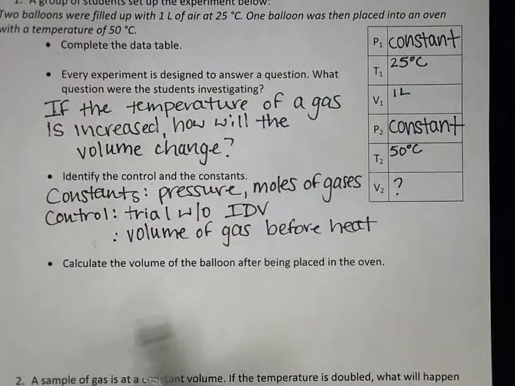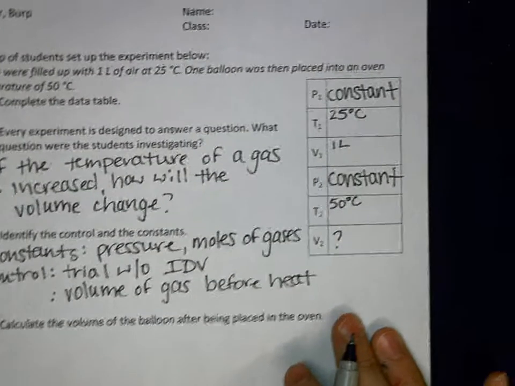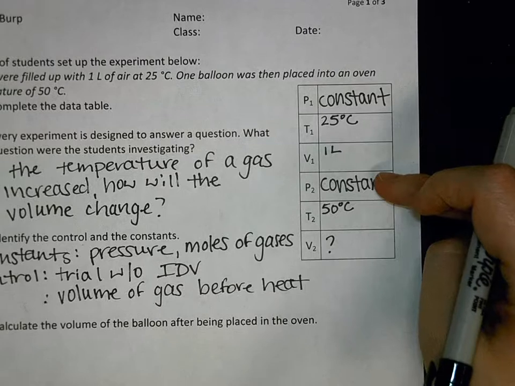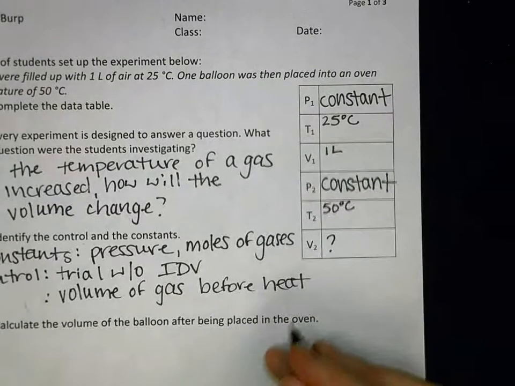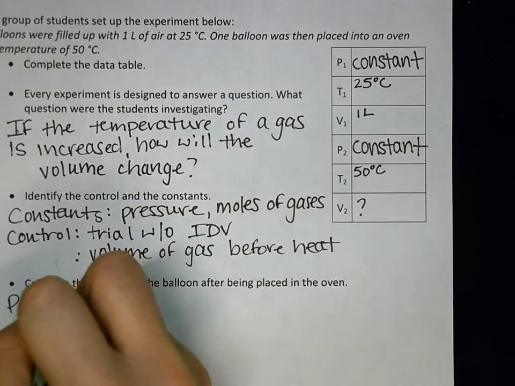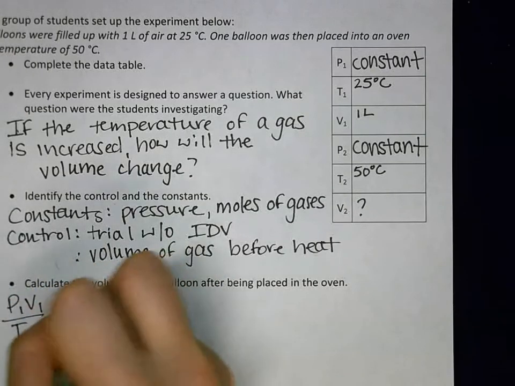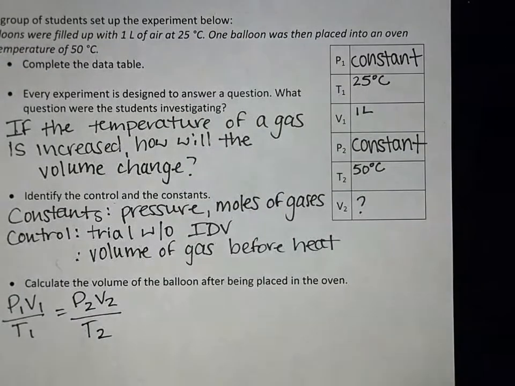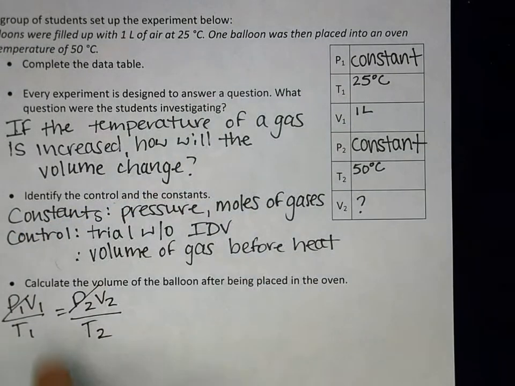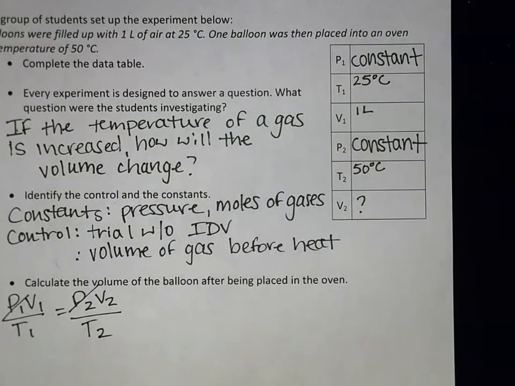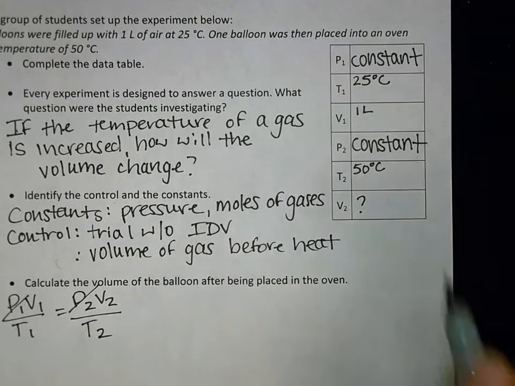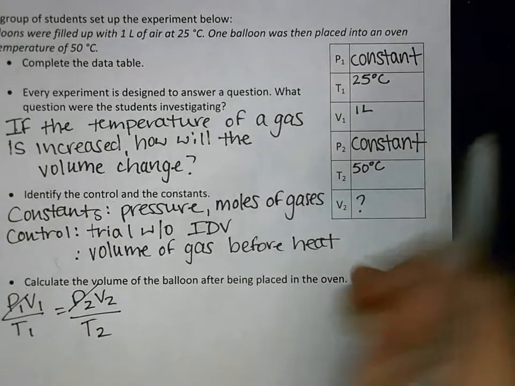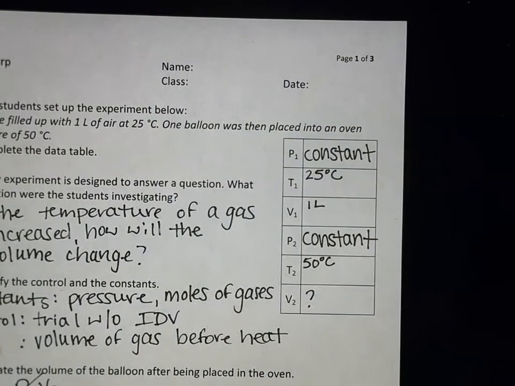Last problem says calculate the volume of the balloon after being placed in the oven. So from our data table, we know that pressure is constant. We've got T and V. So if I write my combined gas law, we don't need pressure, so that goes. So I just have V1 over T1 equals V2 over T2. So what do I have to do with the temperatures first and foremost? They're in Celsius. What should they be in? Kelvin. So I got to add